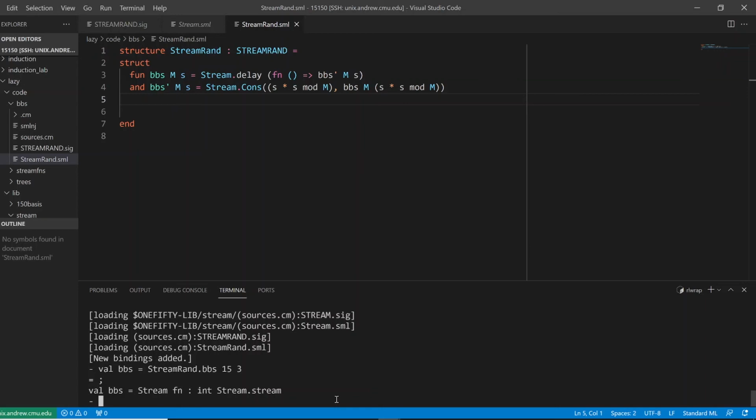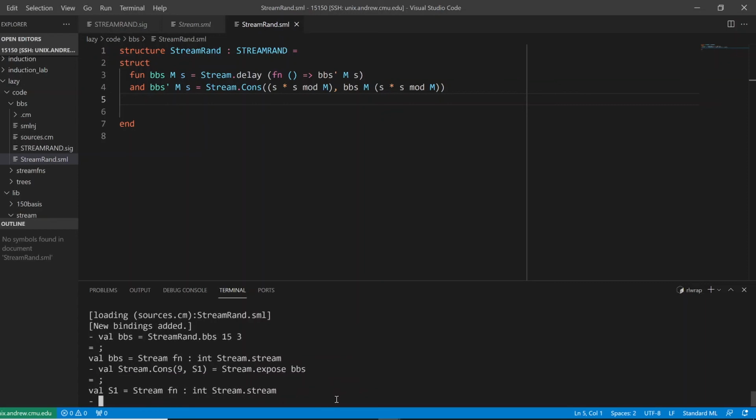So let's do stream.cons of 9 and s1, and let's set that equal to stream.expose of Bbs. As you can see, this checks out because it doesn't give us an error, which means that the first iteration of our Bbs generator fits with this. So basically 9 is the first number.